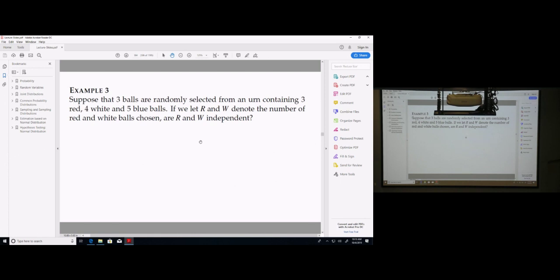Okay, so this is the problem here. An example: I have 3 balls that are randomly selected from an urn containing 3 red, 4 white, and 5 blue balls. If we let R and W,